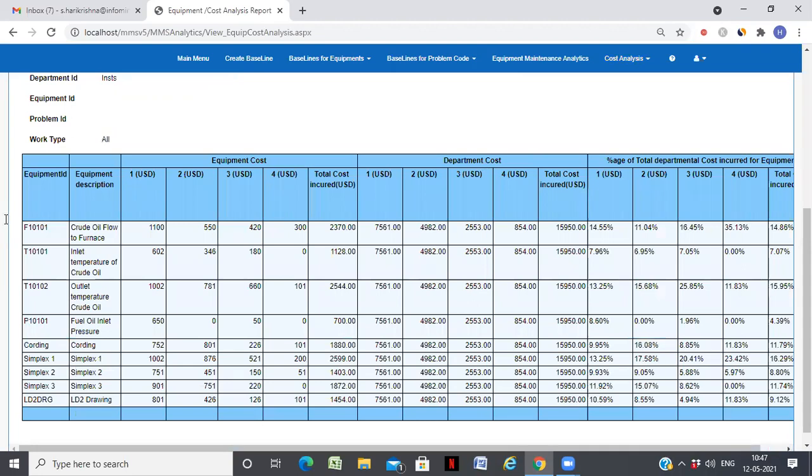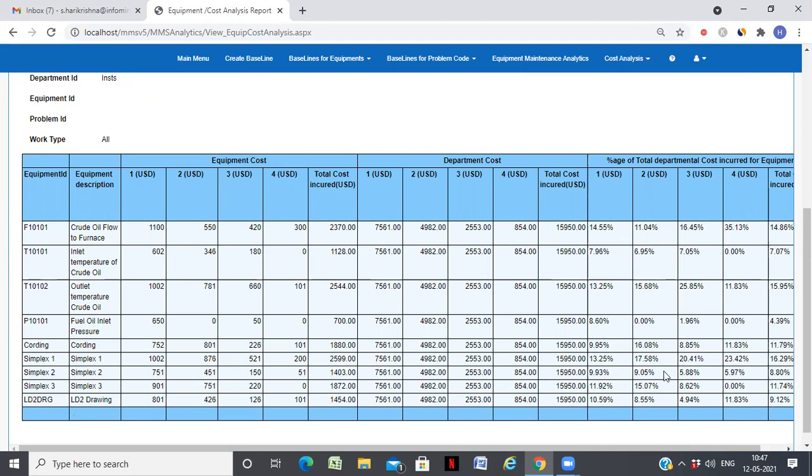For each of the equipment, you can see manpower, material, production loss, and other costs. What is the total cost? And the departmental cost is, for example, a total cost of the department of 15,950, against which this equipment has cost 2,370, which is almost 14% of the total departmental cost.